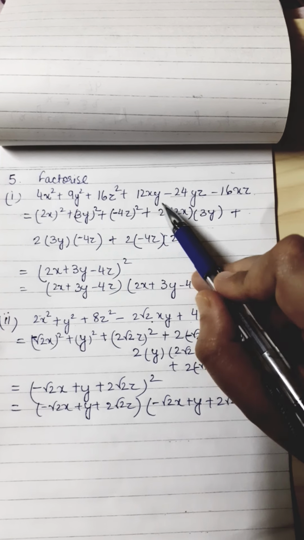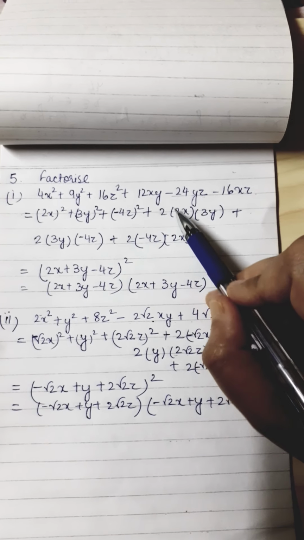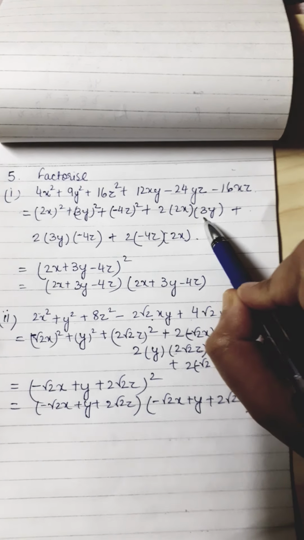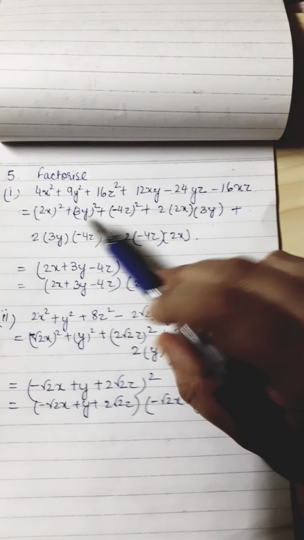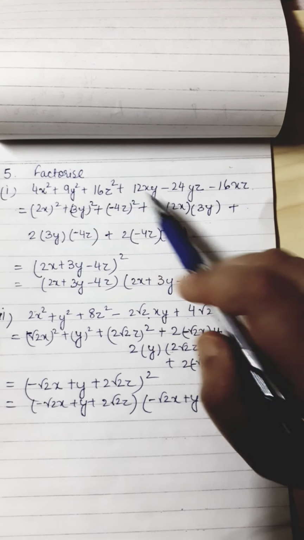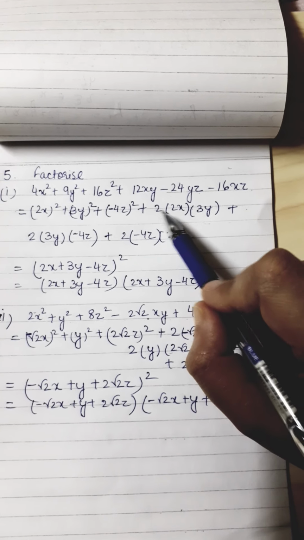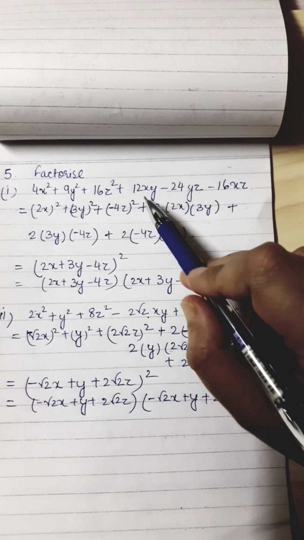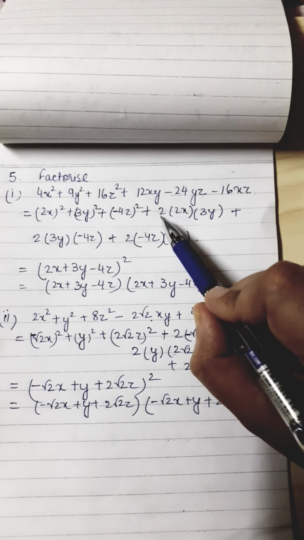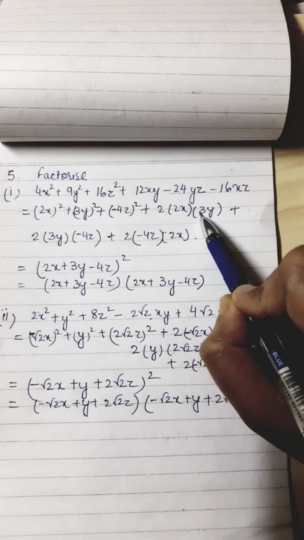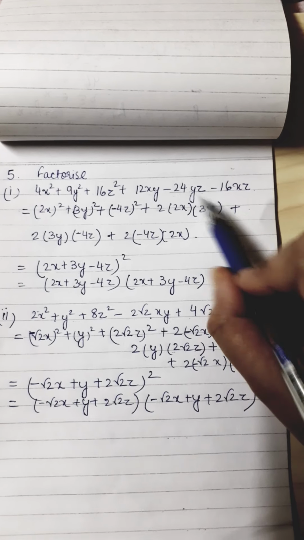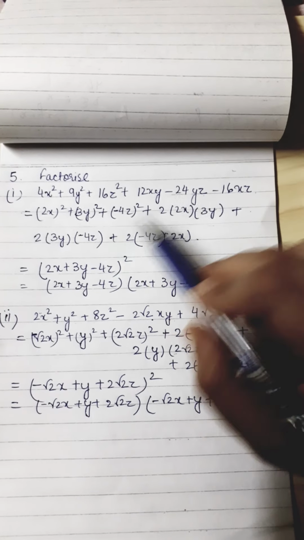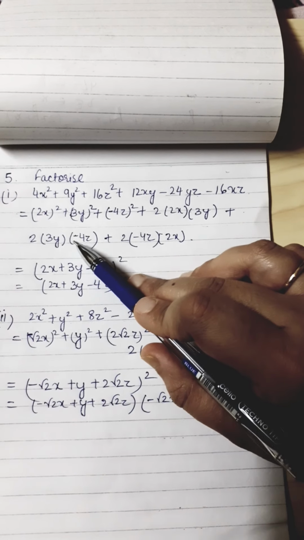The next term is 12xy, which I have written as 2 into 2x into 3y. That is, this is my 2xy term. So 2 into x into y, that is 2 into 2x into 3y. So this will give me 4 3s are 12xy, the same term. So only this term 12xy I have written in this form to express it in the form 2xy, plus 2 into 3y into minus 4z, because there is a minus sign here. So minus 4z,